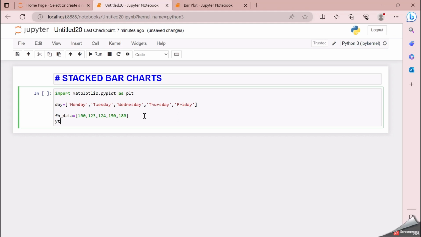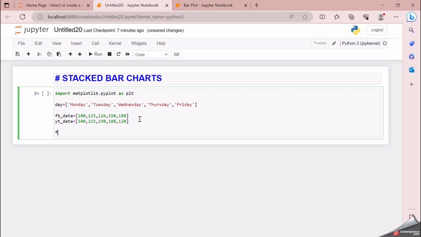Now for the YouTube data, let me call it as yt_data, and again it is 100, 223, 230, 108, and then 120. So this is the YouTube data. Now by using the object oriented plotting method, let me say fig, ax is equal to plt.subplots,